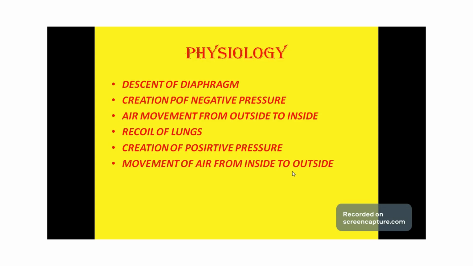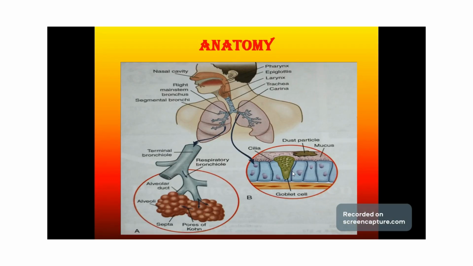So let us just have a revision. So this was the anatomy. On a gross level we are dividing the entire system into two parts. First we have, starting from the nose, then we move on to the sinuses. These are the air filled cavities inside the bone that help in speech resonance. After that we move to the pharynx, and then the larynx, which is the voice box, and up to the larynx is the upper respiratory tract, and the lower respiratory tract starts from the trachea, which again divides into